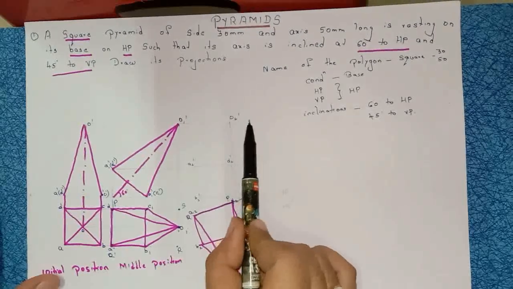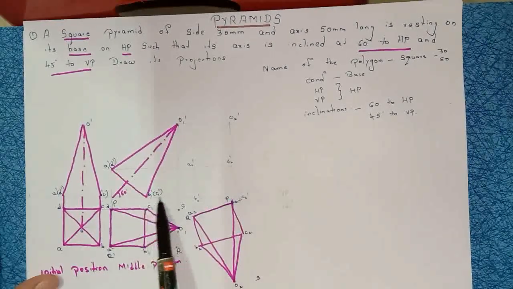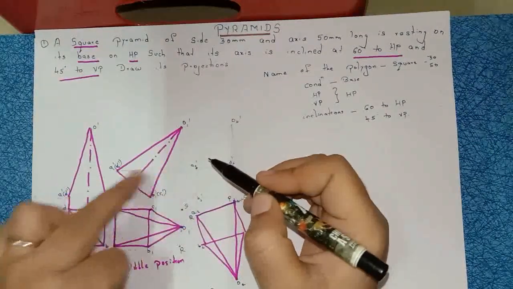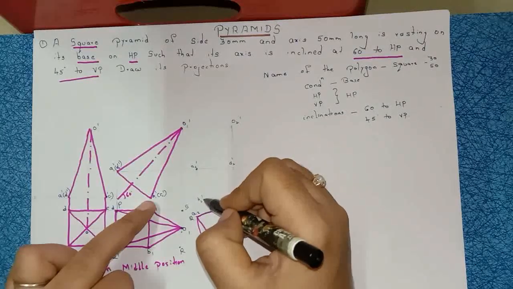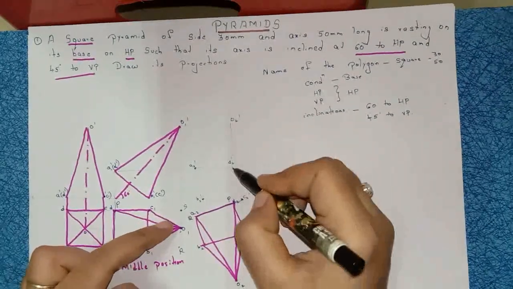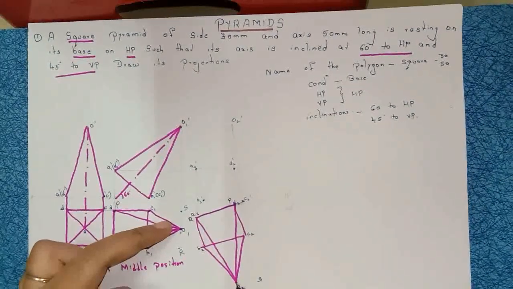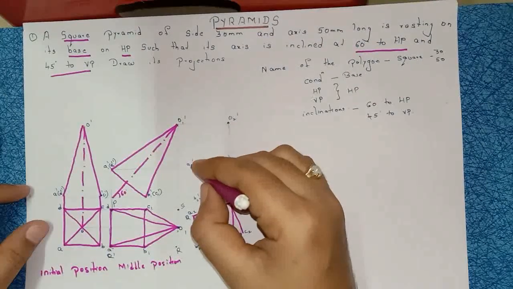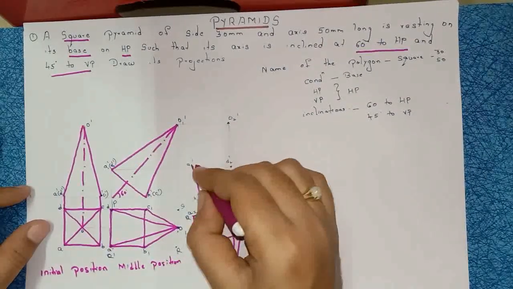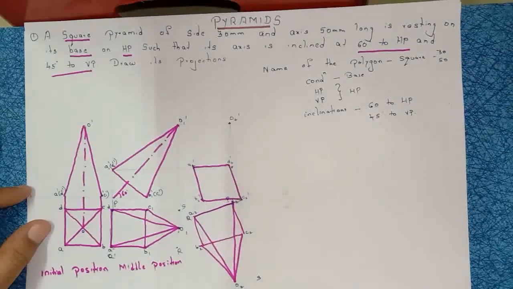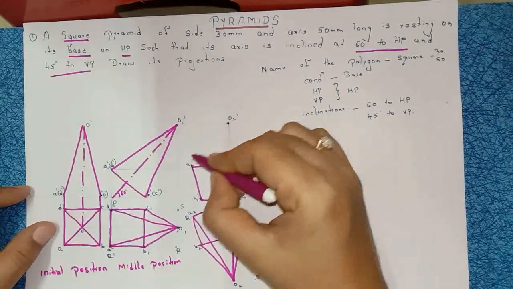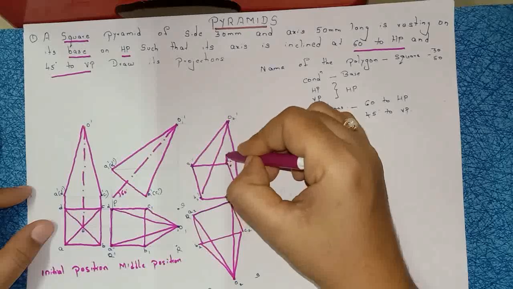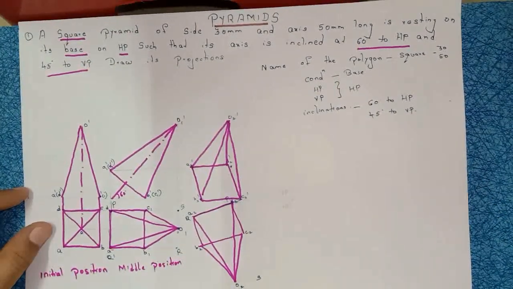From O we have to draw the extension line, and from A, from B. After that, from A to A, from B to B, from C to C, from D to D. Importantly, from O to O also you have to mark the point here. If you join this A2, B2, C2, D2, you will get the square. After drawing this square, this is your O point. Join O to A, O to B, O to C, O to D. You will get the square pyramid.